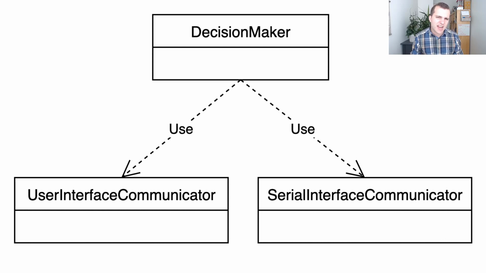The components that decide what should happen depending on the received messages are the high-level ones, while the ones that are responsible for the communication with the UI and the serial port are the lower-level ones. In a layered architecture, the business or application logic components should be using the communication components. Here we have the decision maker, which uses or depends on the user interface communicator and the serial interface communicator